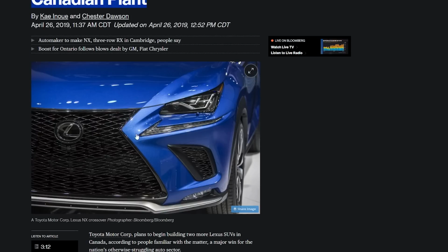Yes, they are bringing the NX over, but I think it's a good thing. Why? Because Lexus has pretty much been able to duplicate their perfect car making here in America. Now, there are some things that I don't think line up nearly as well as the Japanese built ones, but